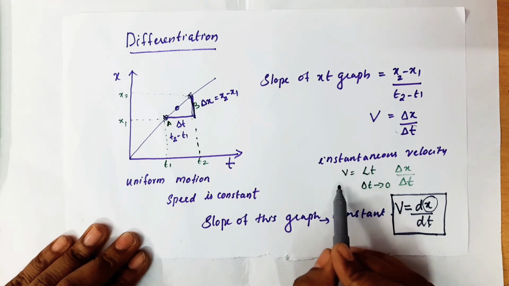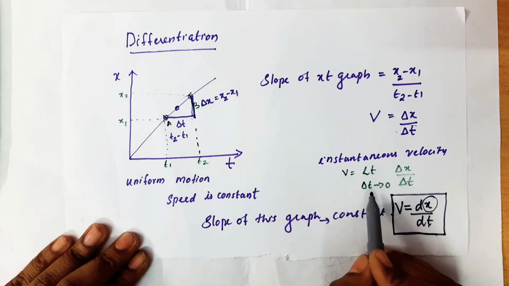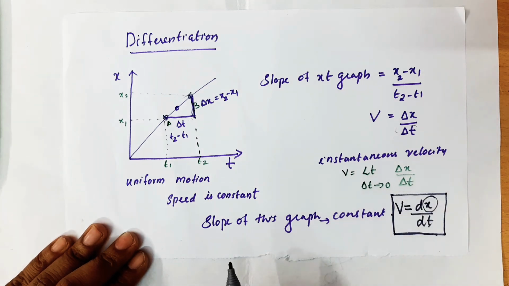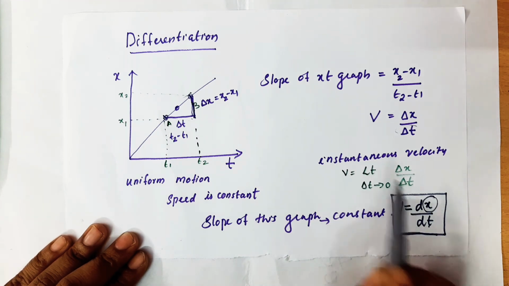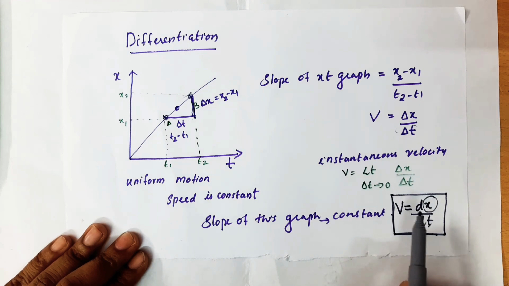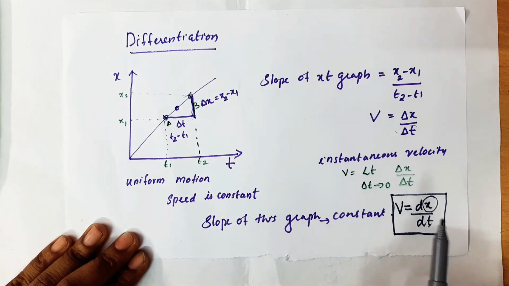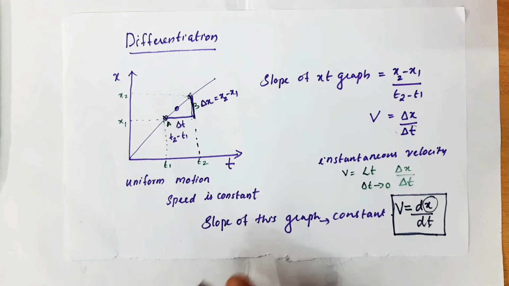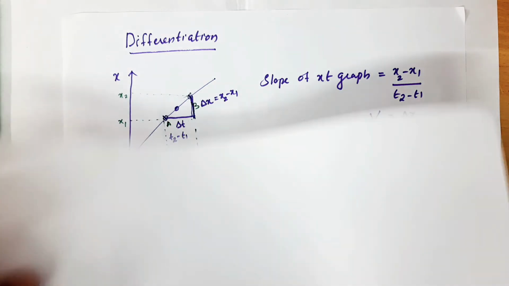How are we writing it? You see, v equals limit delta t tends to 0 of delta x by delta t. This in simple form I can write as v equals dx by dt; this full term is changed to a new term. I told you need not worry about this because the meaning is very simple: variation of displacement with respect to time. Now I'll go for another relation.